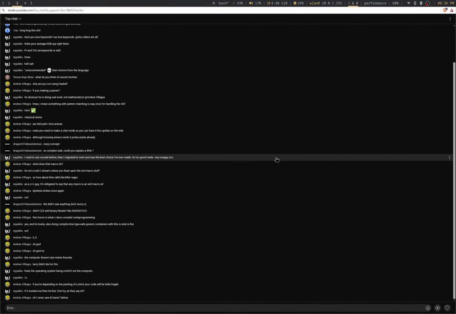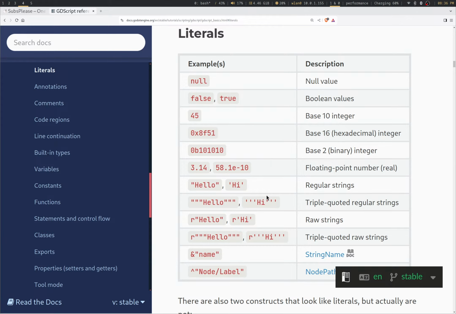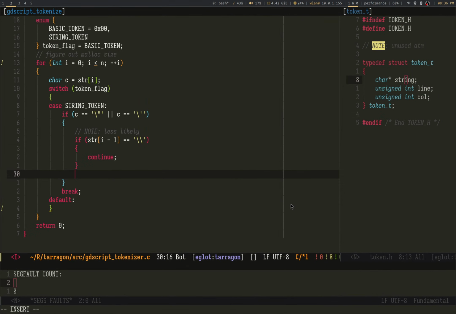Otherwise, I have to make sure the next two, if this character, actually, you know, I'm going to do this properly. I'm going to make sure if you encounter that, and the next two match it, if it's either one or the next two match it, then you found the end of a string.